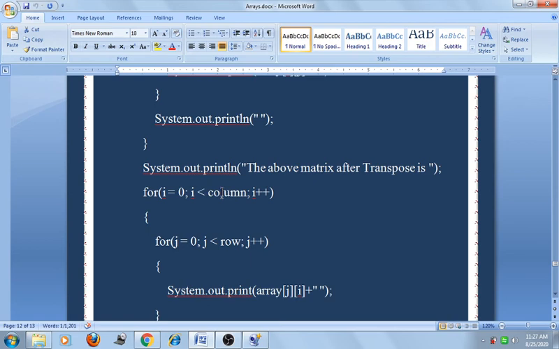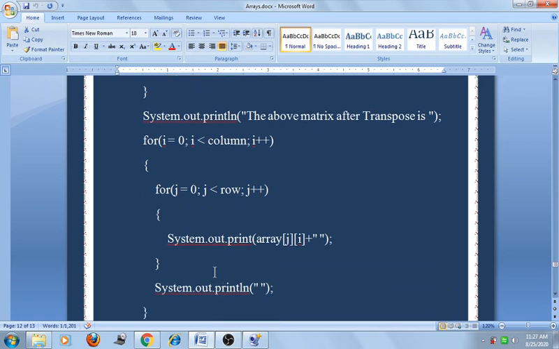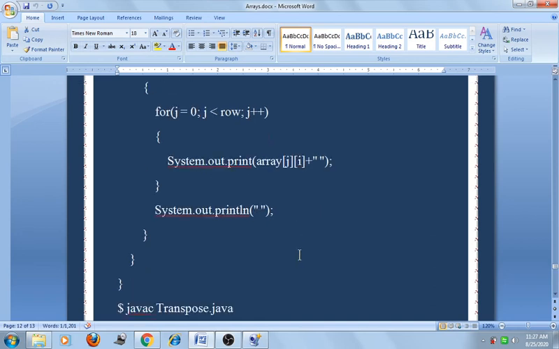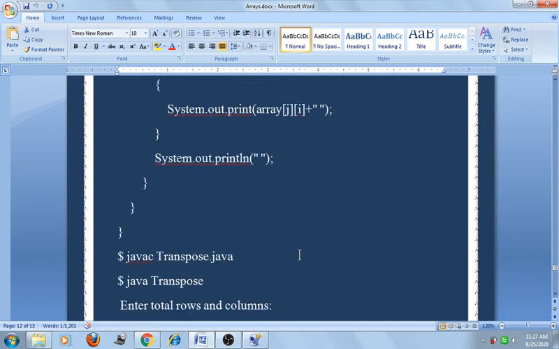We take the column for loop first and the row for loop after, and here we print System.out.print array[j][i]. We swap the element i j to j i, then we get the transpose of the matrix, and here we print those elements.